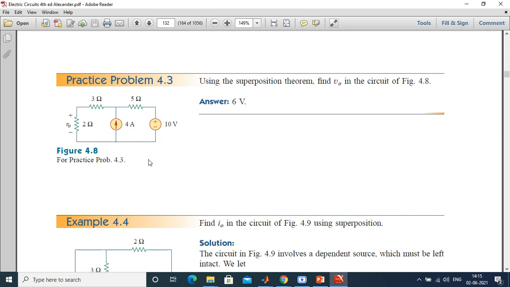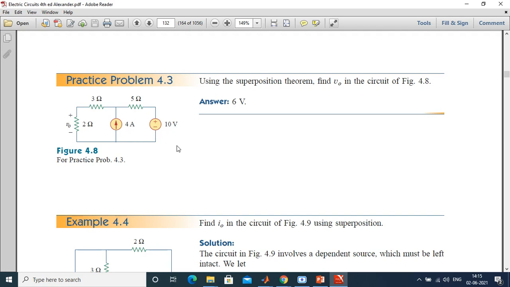In order to do this superposition theorem, I need to check the three cases. I will apply superposition theorem only when the circuit contains more than one source. So in order to find the response in this 2 ohm resistor, that is the voltage across 2 ohm, first of all, in case 1, I will consider only the 10 volts voltage source acting alone. What is the voltage across the 2 ohm resistor? At that time this current source is an open circuit. There is no need to connect the current source. That is case 1.